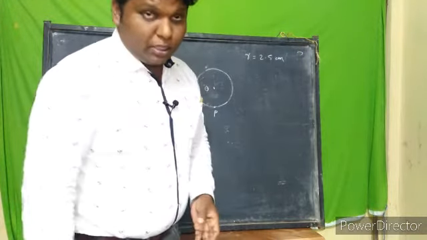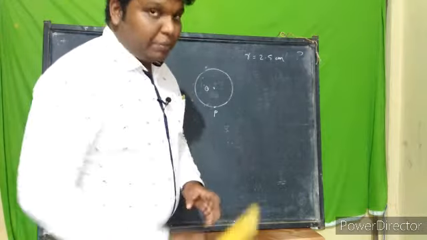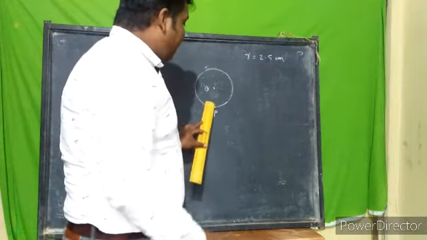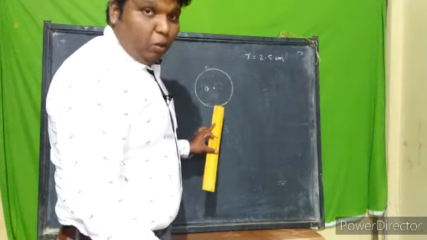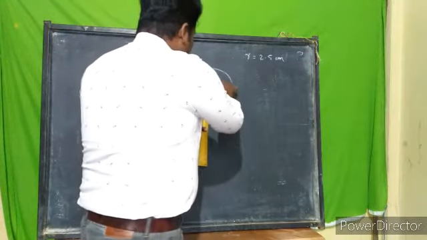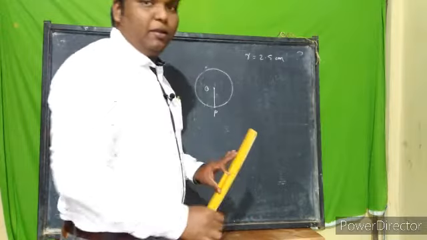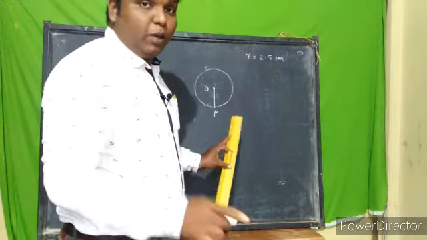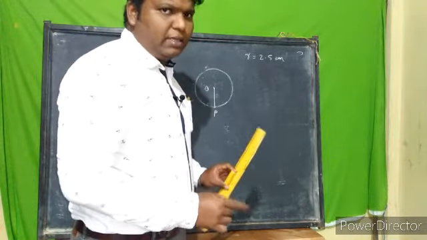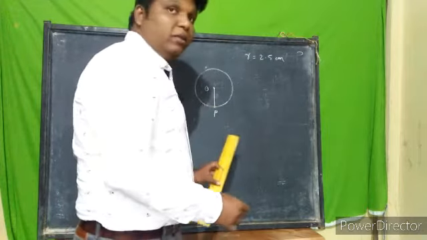So now listen to the steps, it's very important. Step number 1, as you have taken the point P on the circle, you have to join it with a straight line from the center. And this line is what we call the radius of the circle, right? It's the radius of the circle. So we have drawn the radius.